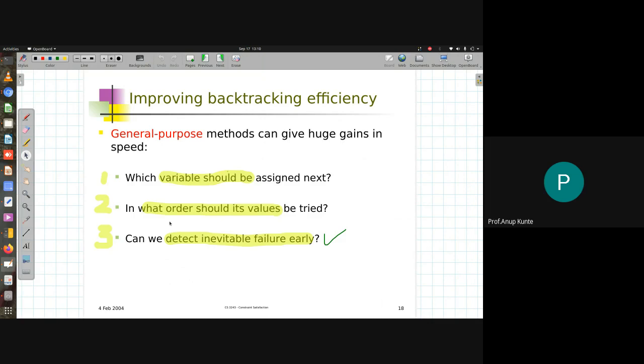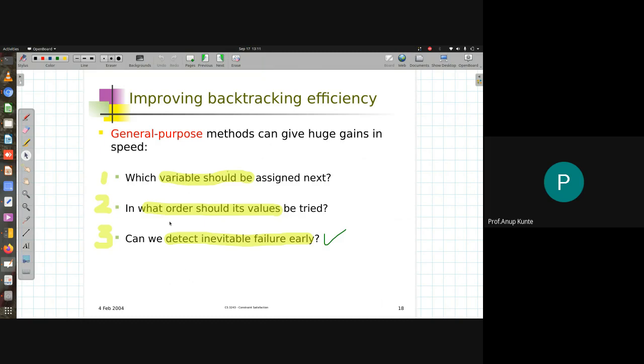Okay. Now, just to give you a perspective, what three options do I have to improve upon the efficiency? Number one is I can decide in a much better fashion which variable to choose next from the list of unassigned variables, and that strategy could yield a solution earlier than otherwise expected. The second place where we can make the algorithm more efficient is how we order the values in the domain for a variable.